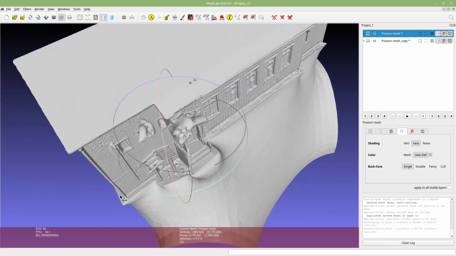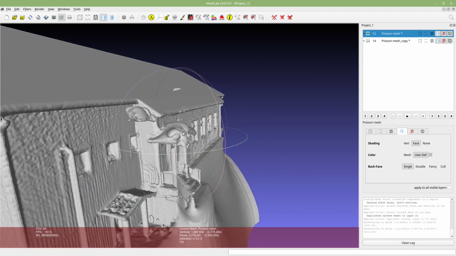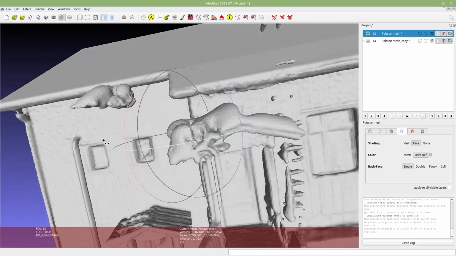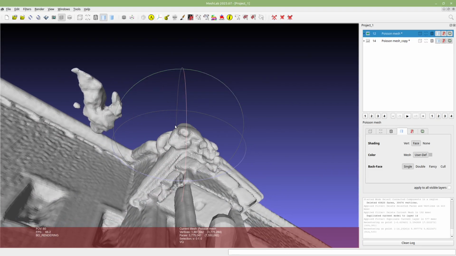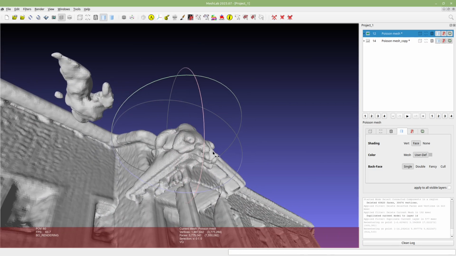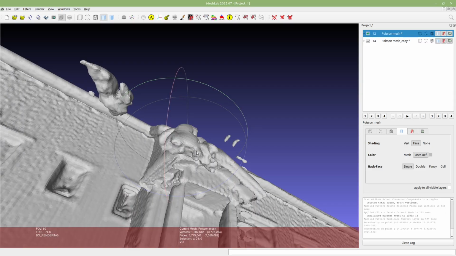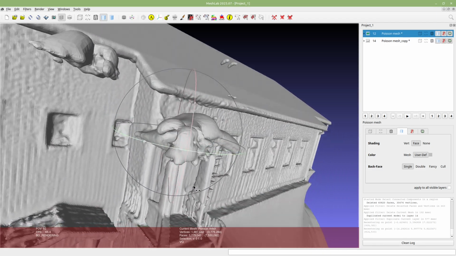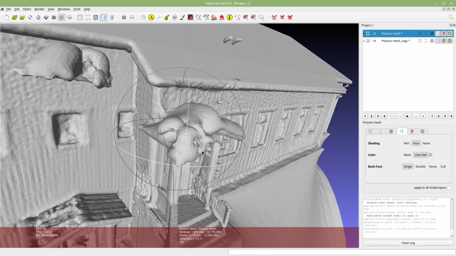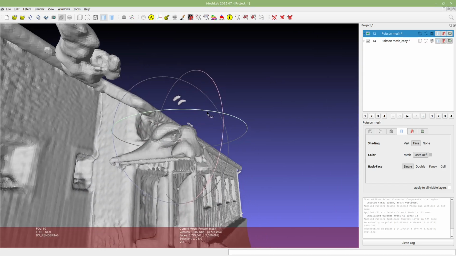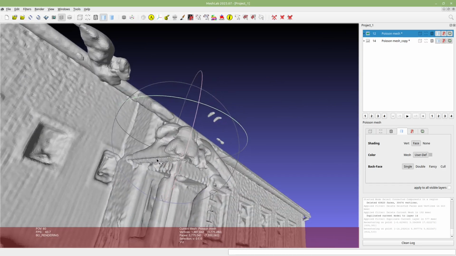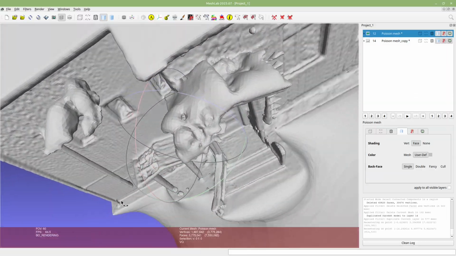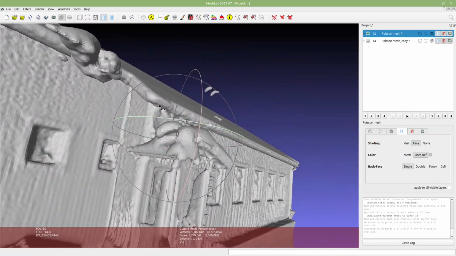Especially this roof here. There were actually some tree branches very close to this roof, and points measured from those branches kind of got fused into this shape, so that's why this looks like this.